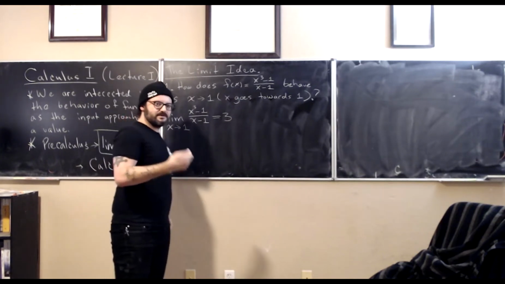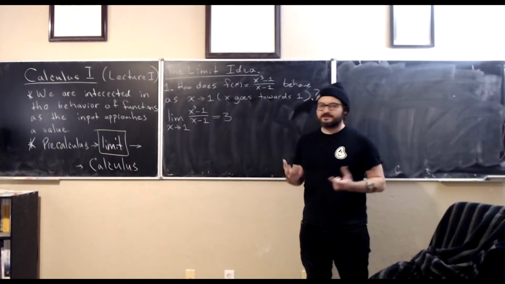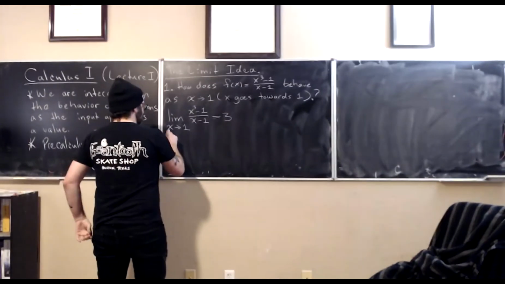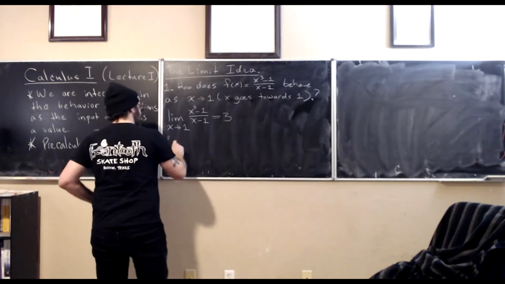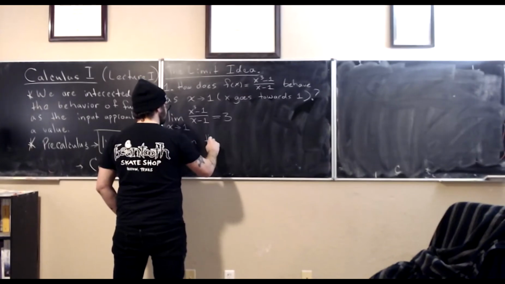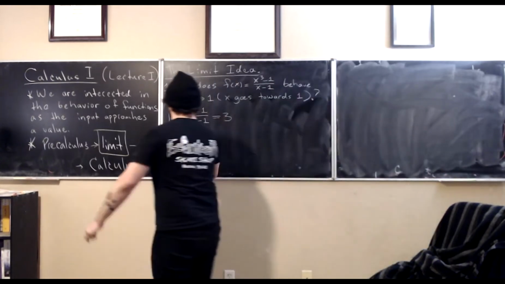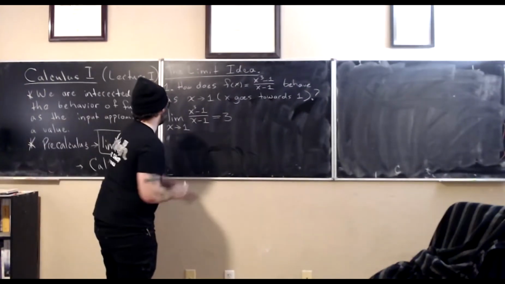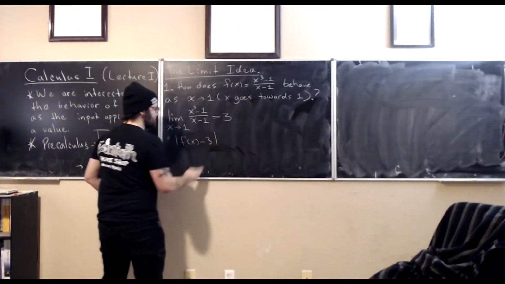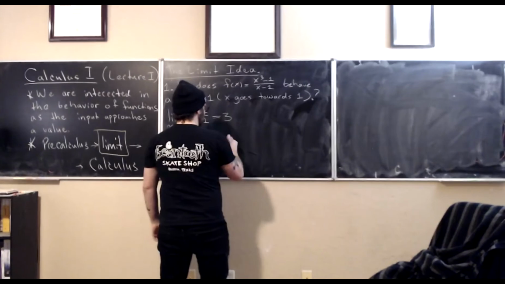Now, you have to pause and think about that for a moment, right? What does it mean to be around? Well, recall I just had a whole spiel about distance, right? So we can interpret this, in quotes, because this is not exactly formal, so maybe I should reword this a little bit. I can say that the distance between f of x and 3, right? That's the distance. The absolute value is the distance. The distance is small